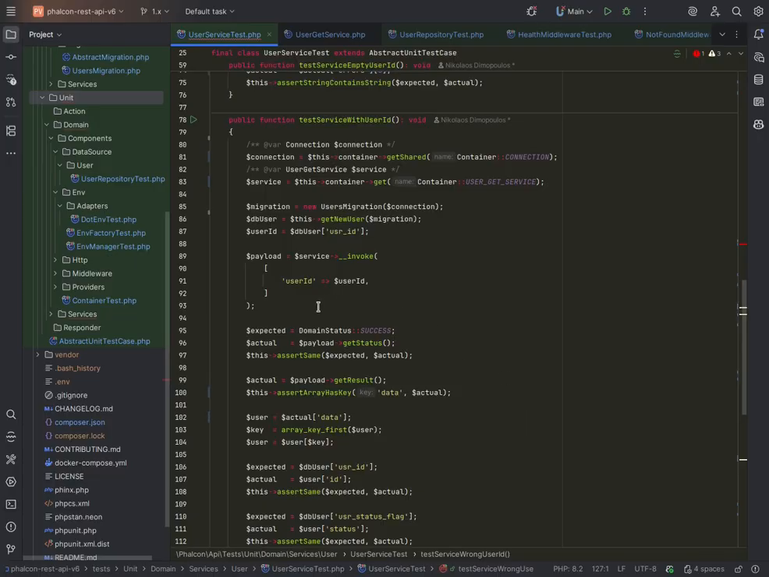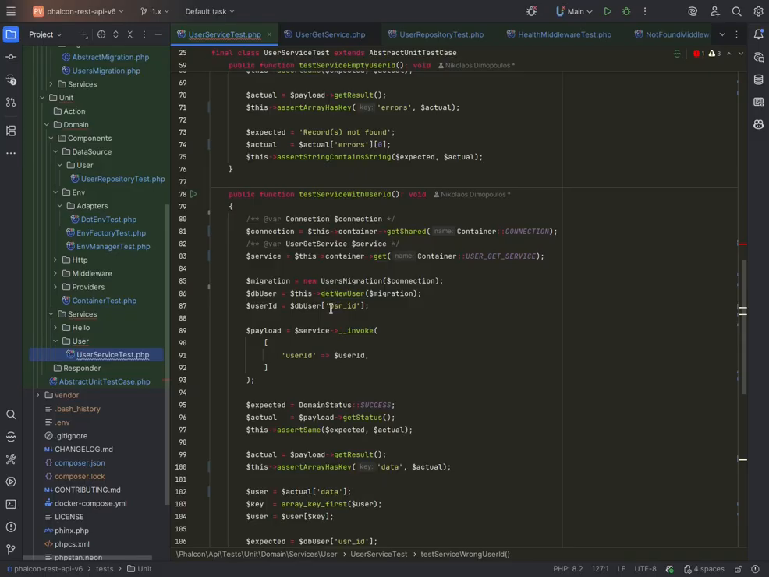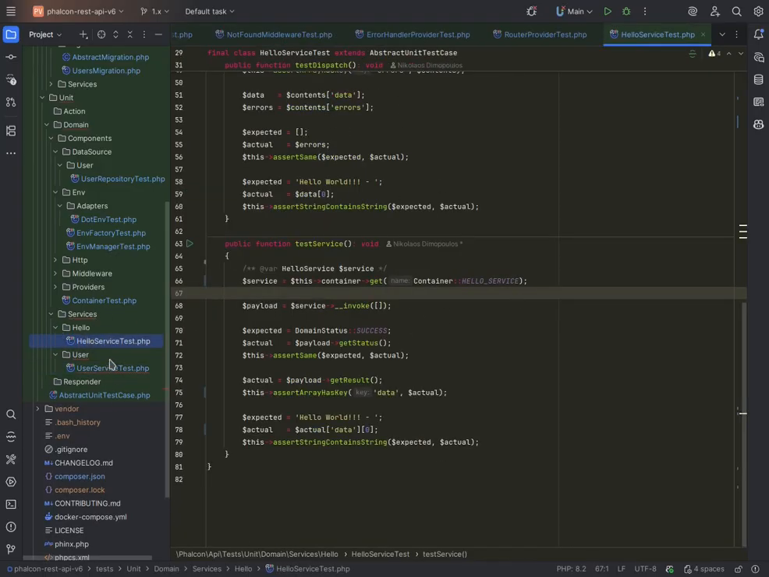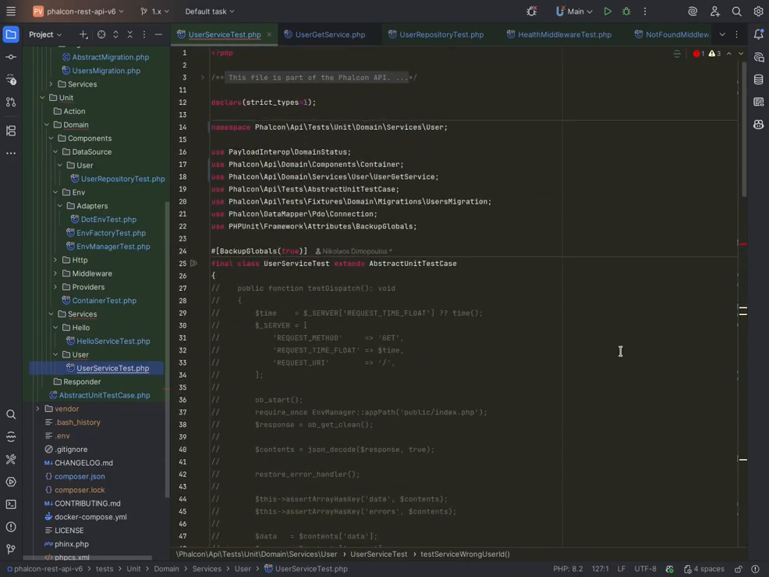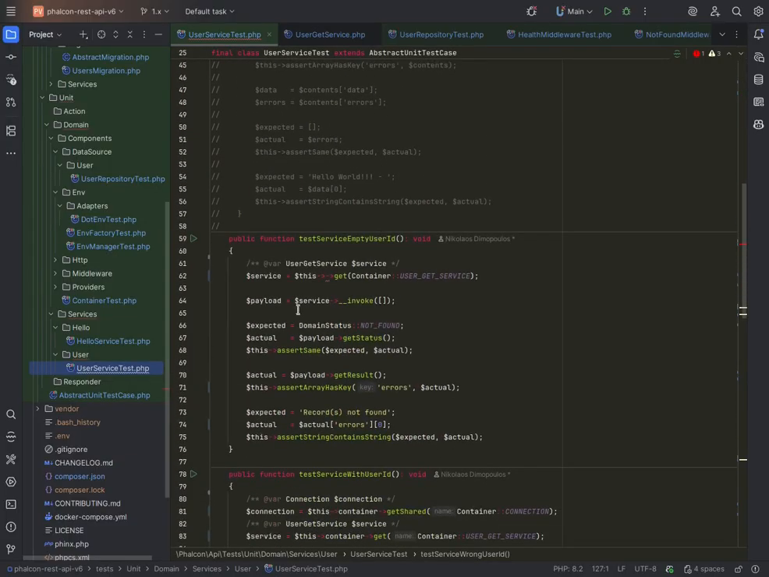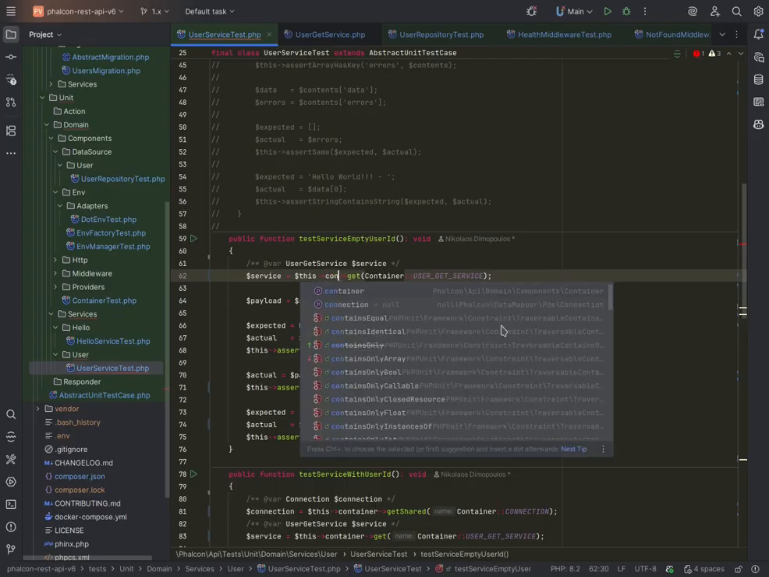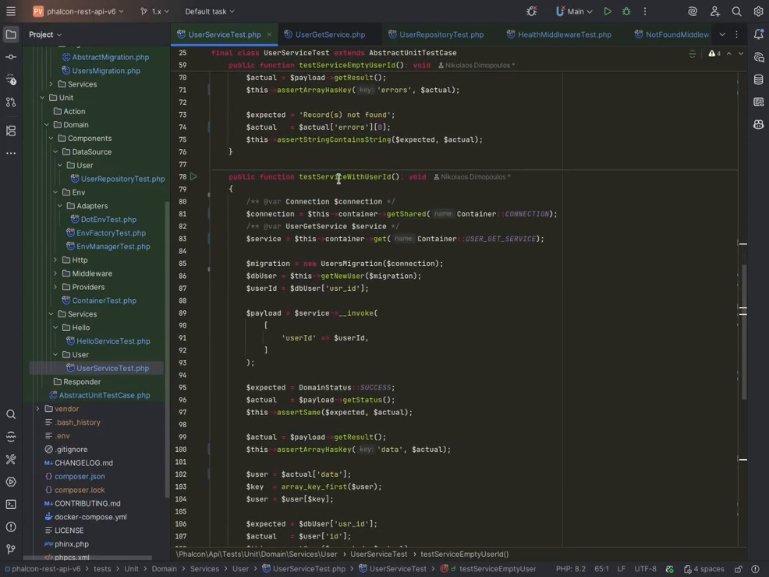Okay, so I need to make another change. I know I got an error somewhere here. Let me quickly see the hello. That's fine. Okay, in the user service here, why is it complaining? Expected field name. Oh, I made a mistake here. Okay, so in the user get service, this one should be container, and that's empty. In this one with user ID, I don't need the connection